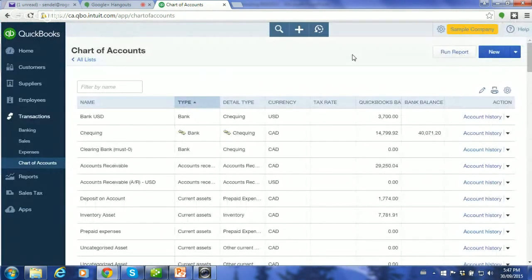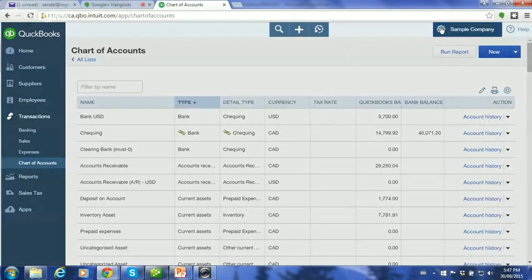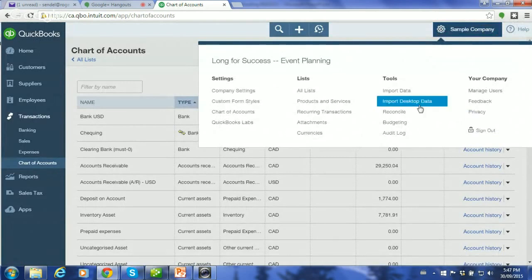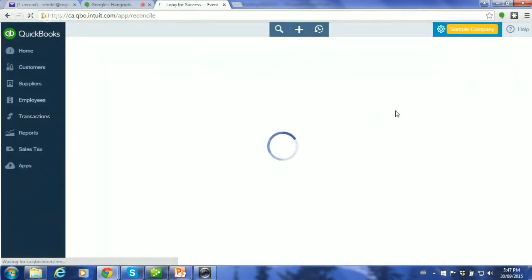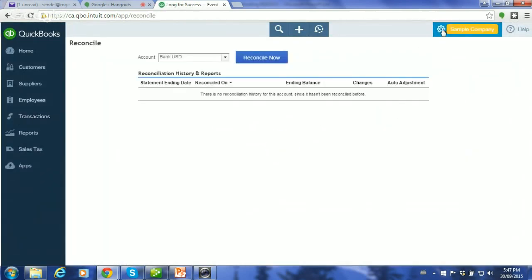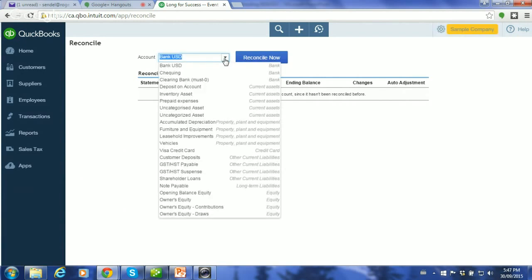Now, assuming that 226 was there at the end of each month, if you're doing a lot of these deposits, I certainly recommend going to the reconcile function, which is again rotary wheel down to reconcile. Reconcile is not just for bank accounts and credit cards anymore. You can do reconciliation on any account.